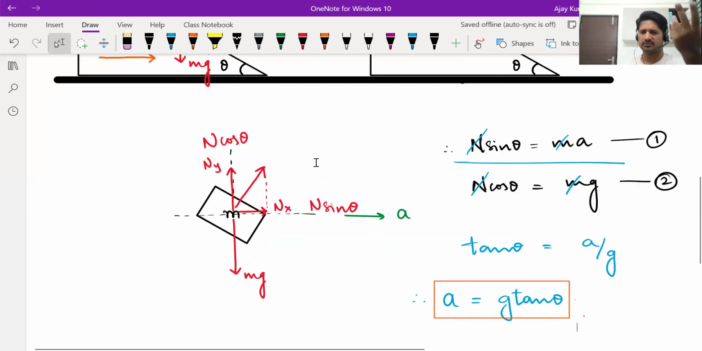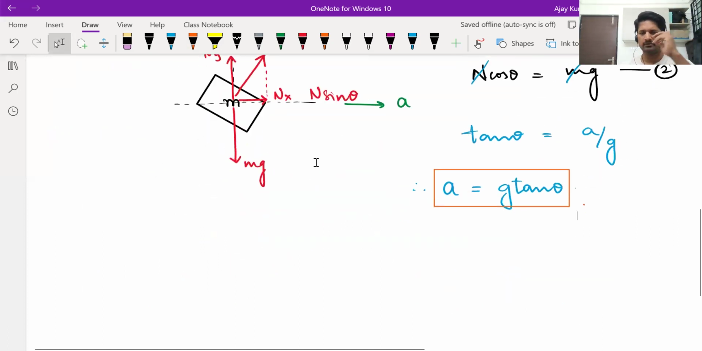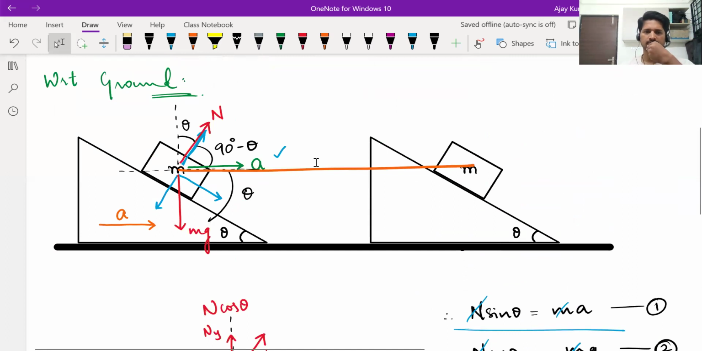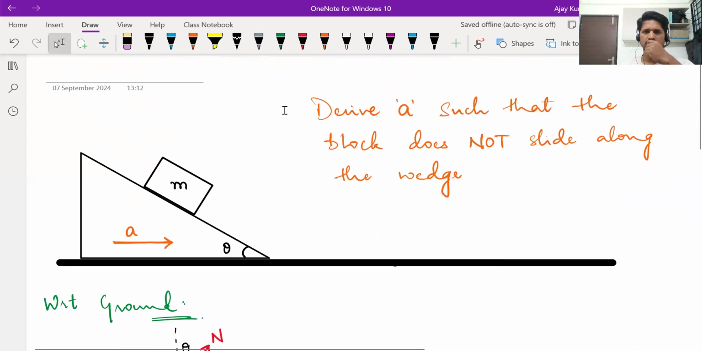And then we considered the forces acting on it. Wrote F net equal to ma. We got the acceleration needed. Is this clear to all of you? If you have any doubts, you can ask. Okay. Pawan, tell me,